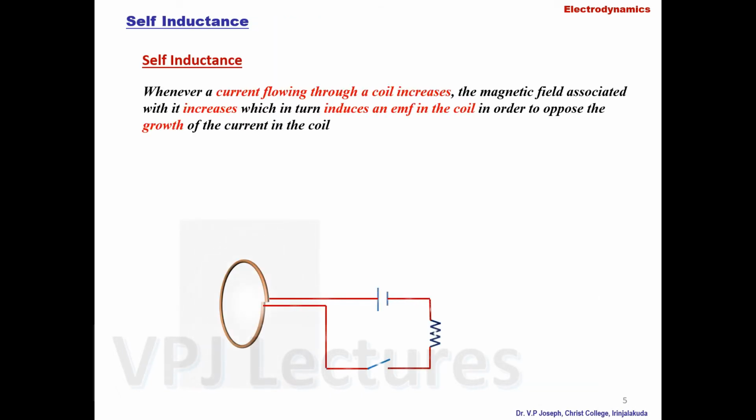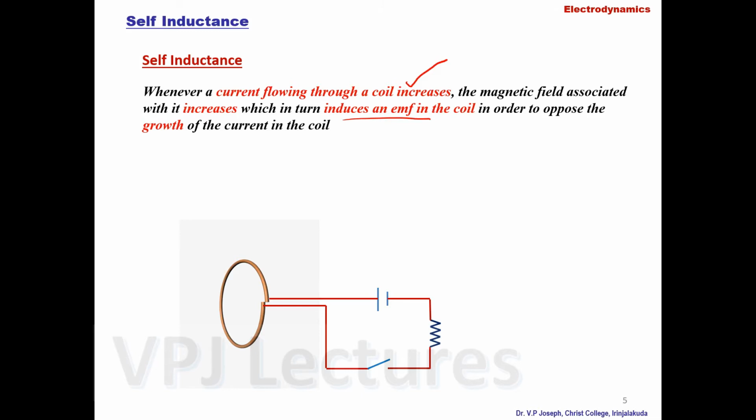Now let us come to the definition of self-inductance. The basic definition: whenever a current flowing through a coil increases, the magnetic field associated with it increases, which in turn induces an EMF in the coil in order to oppose the growth of the current in the coil. So it is quite clear. We have a coil and a current is allowed to flow through it, and during the process of increasing the current through the coil, an EMF is induced such that it tries to resist the growth